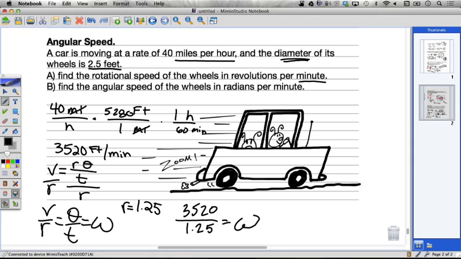Homework is here, by the way. That gives us part B. If it's traveling that fast,